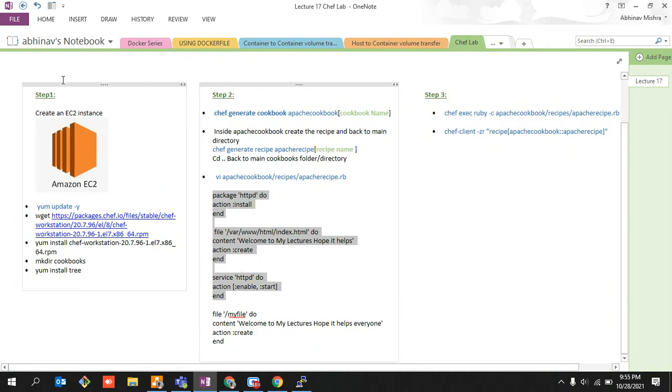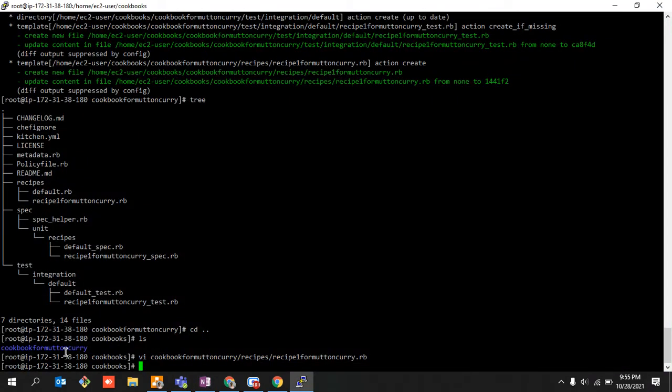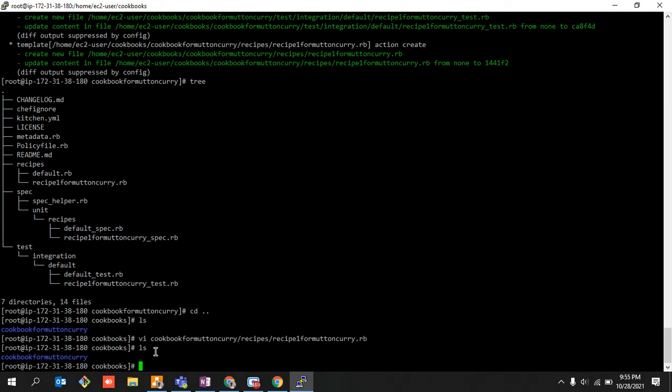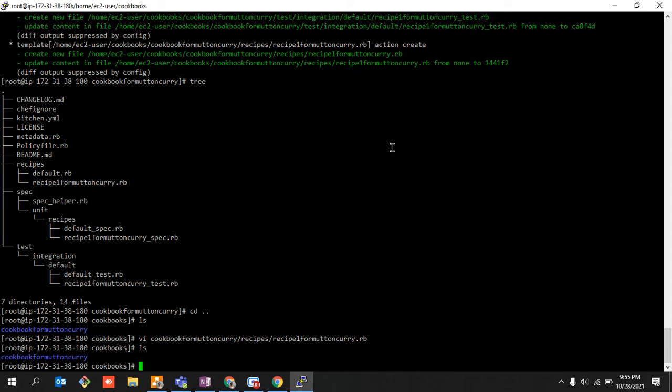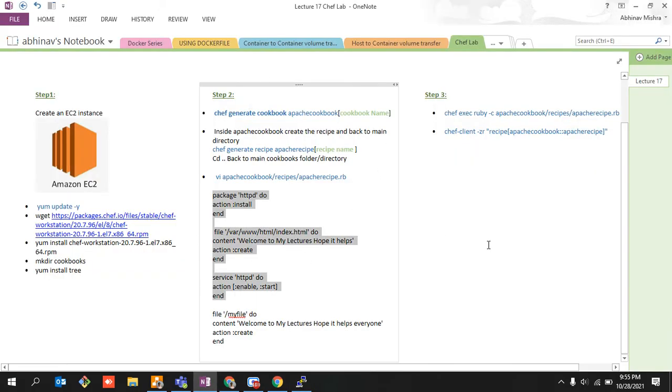So till now we created our instance, we updated it, we downloaded the file, we installed it, we made an outer directory, we created a shelf kind of structure. Inside that shelf we created our book, and we went into that particular book, we generated a recipe, we went back onto our main outer folder, and we wrote some pieces of code on how to prepare your mutton curry dish. So this is recipe one. Let's say this was about how to prepare mutton curry. Just try to understand in that particular fashion, right? So my step 2 has been nearly done. Now back to my step 3.